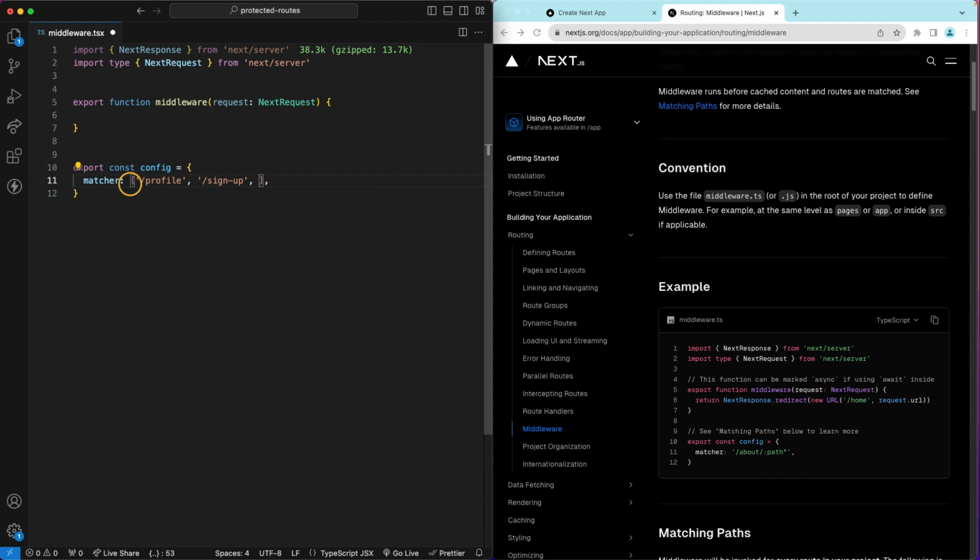The last one is going to be login. Okay, so this is where you list the routes that you want to protect in certain conditions. Okay, cool. So now we know what routes we want to protect, but we need a way to figure out